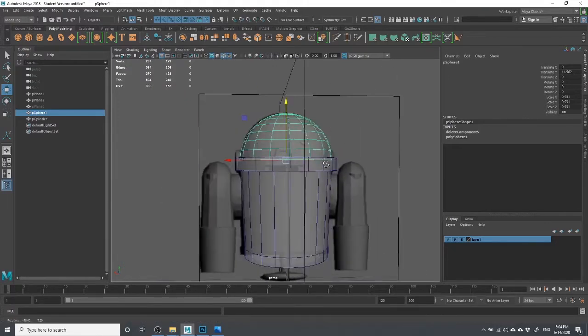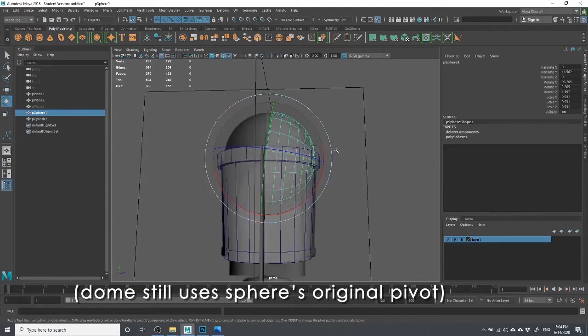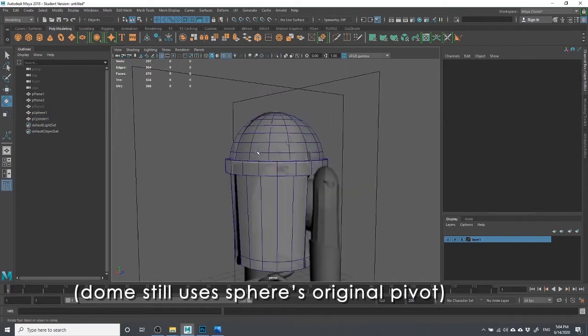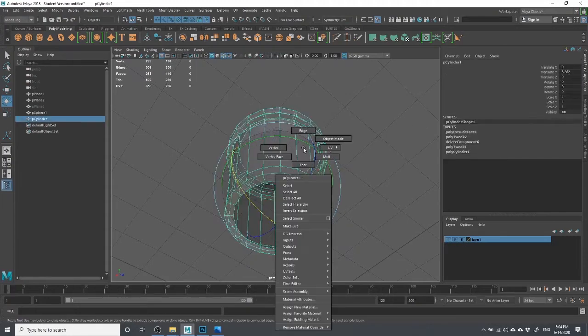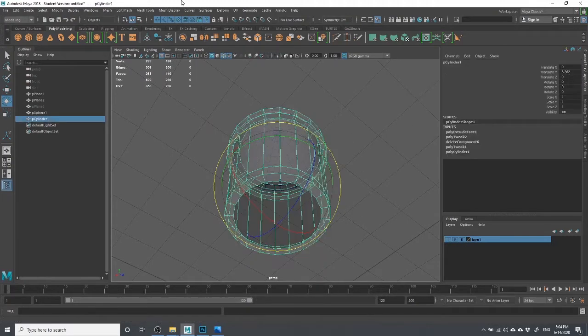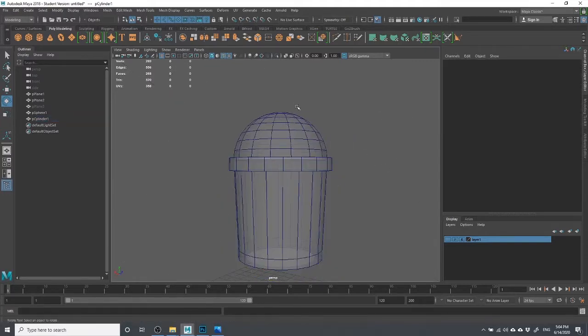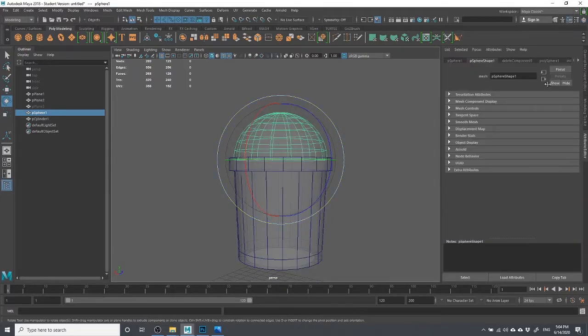With this in place here, I can now roll this dome back into the head, and we can reveal the weapon or the item that he's going to be using. And that's pretty much what I get in here. Let's just hide this here and just finish some of this stuff up. Let me just make this material solid again because I kind of know where I'm going with this, and